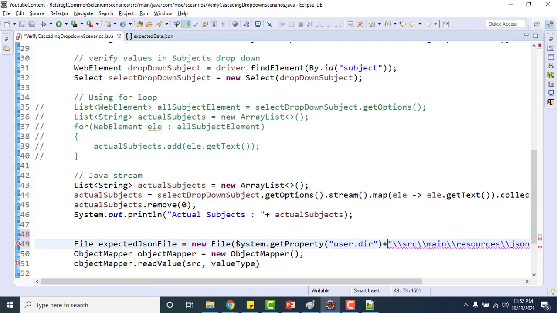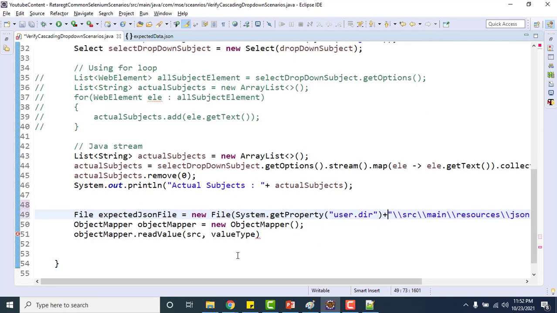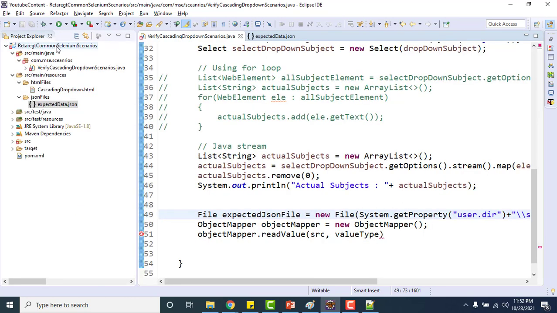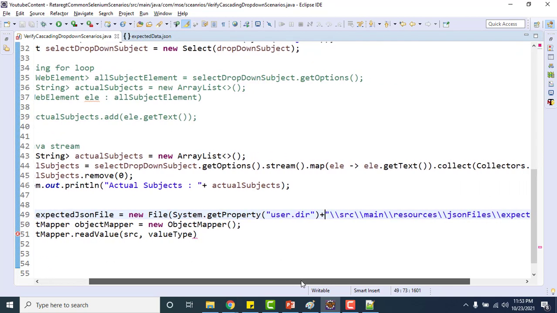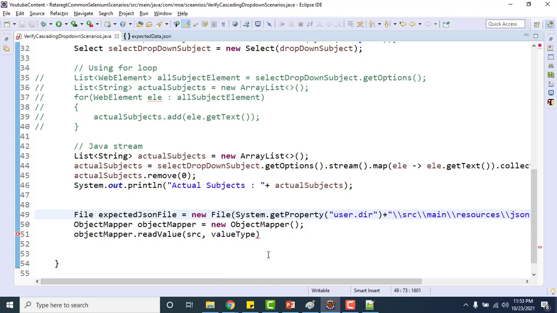Automatically it will give you the path till your project, so there's no need to hard code the path here. Then I gave the path from within this project. You can even use a class loader also, but we can cover those things in a different video. So simply I gave the path, created the file, and here I can pass the same expectedJsonFile, and I want to read this file.